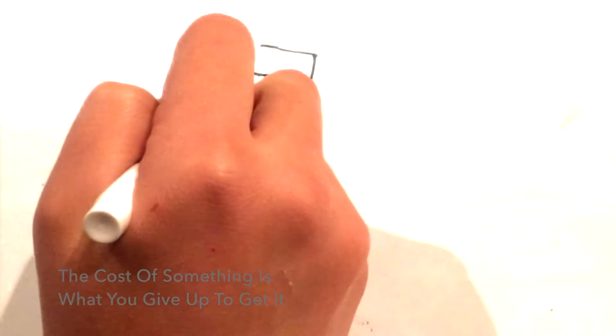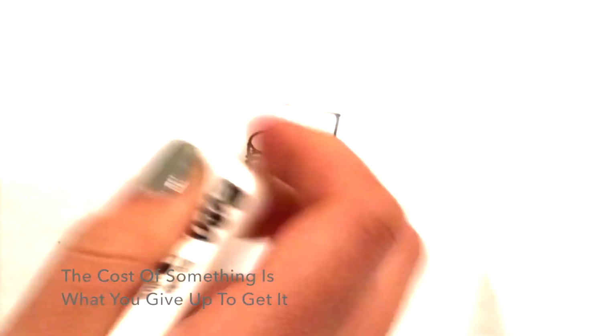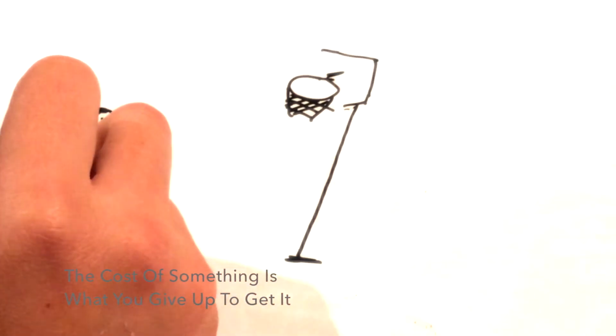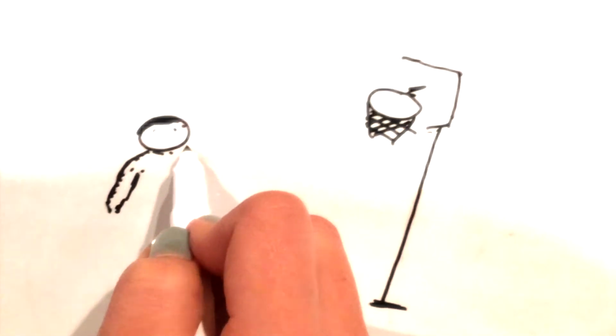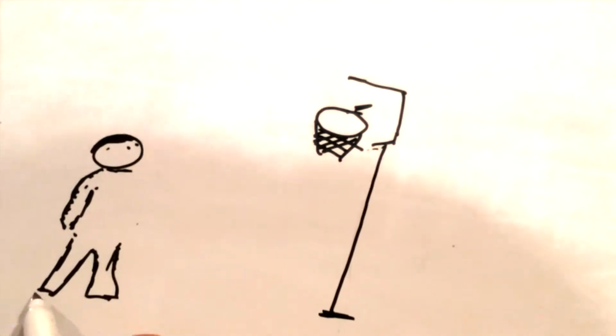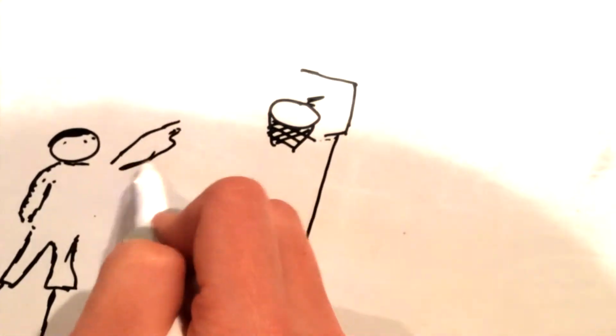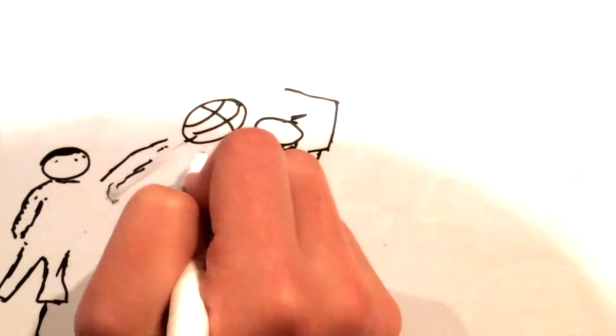2. The cost of something is what you give up to get it. Since people face trade-offs every day, they have to make the most logical decisions based off of what they are giving up. There are benefits and disadvantages to every decision, and because of this, people have to weigh their options based off of the cost.